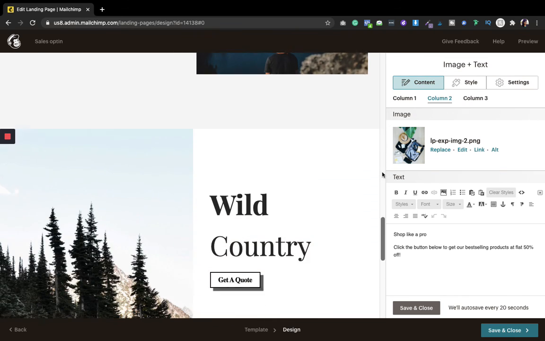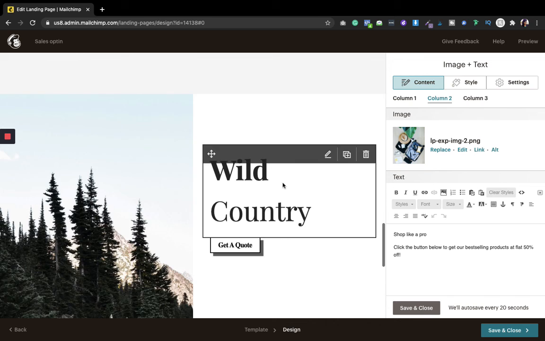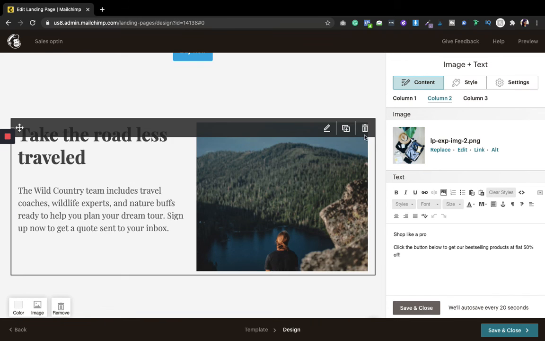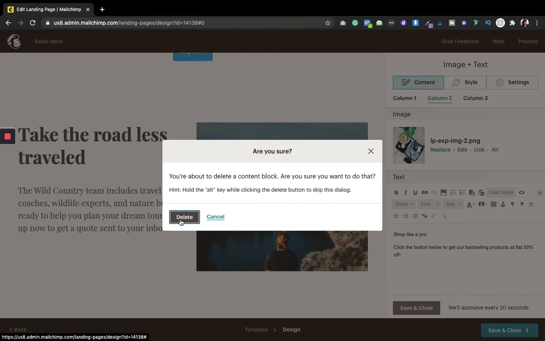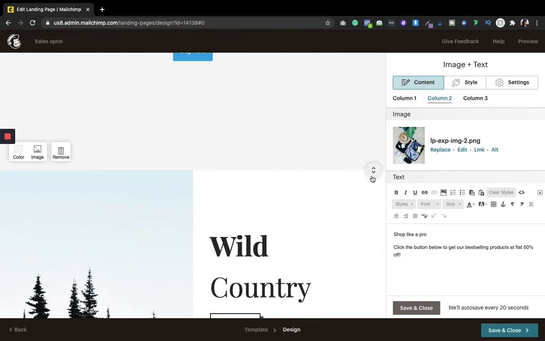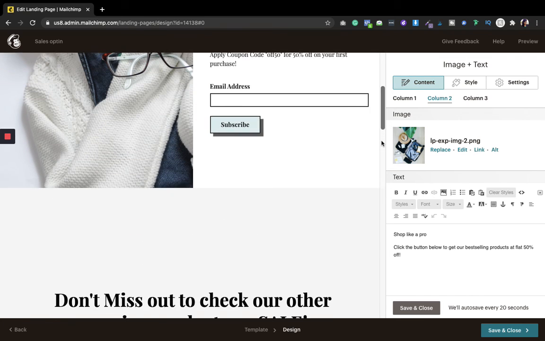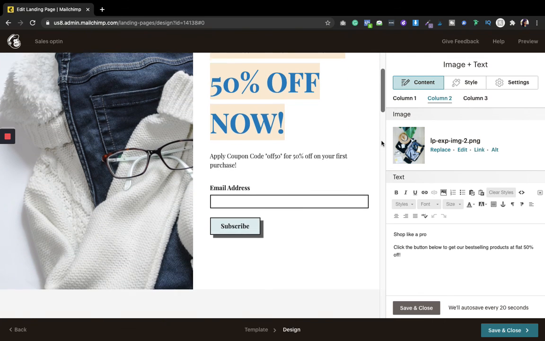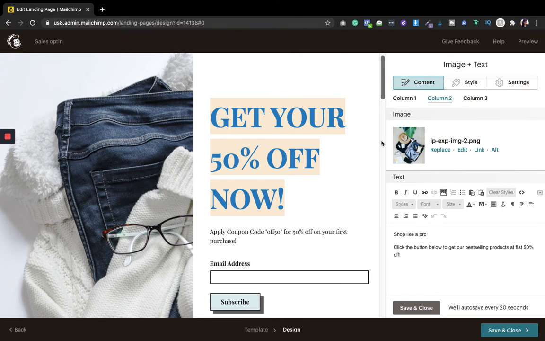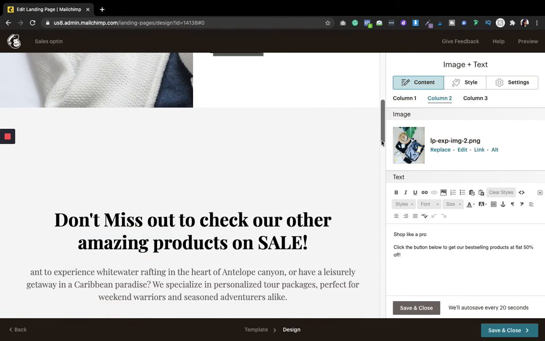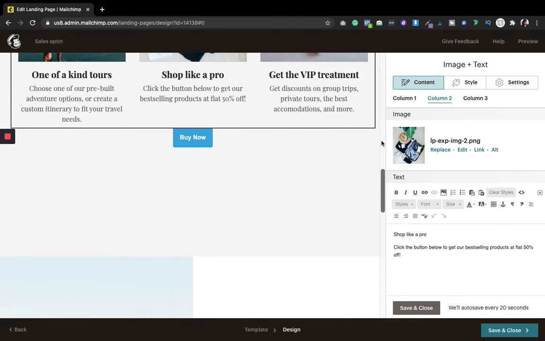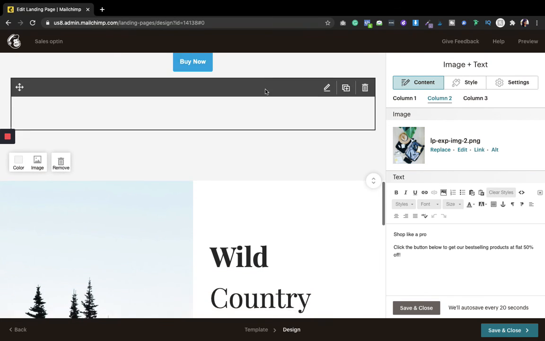Next, you can put in more things related to your niche. I don't want to do this, I will just delete it. And also if you want to change the color, change the image, you can do that. It's very drag and drop, so you don't have to put in so much effort. So this is how you do it, right? It looks good to me. See, it looks good. Similarly you have to just customize it and it's good to go.